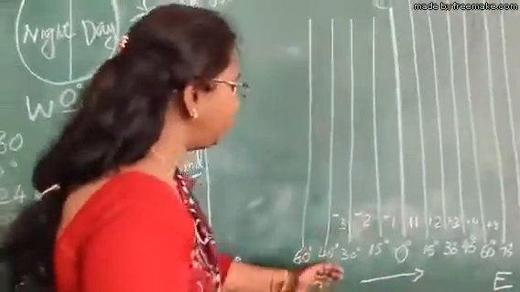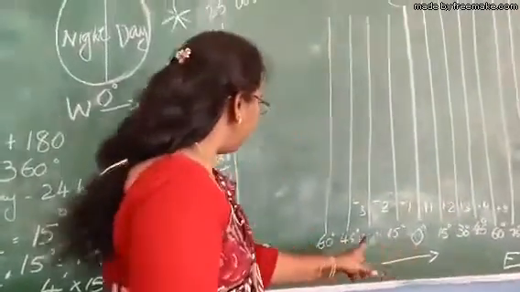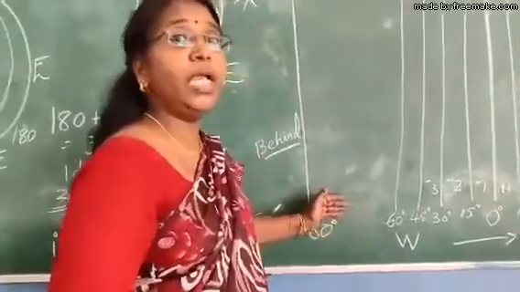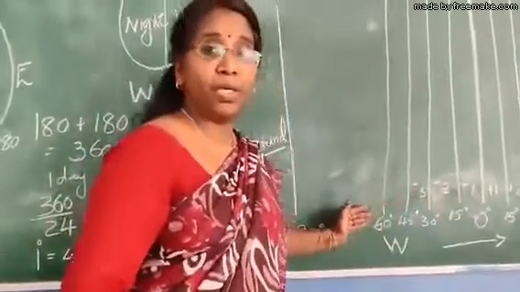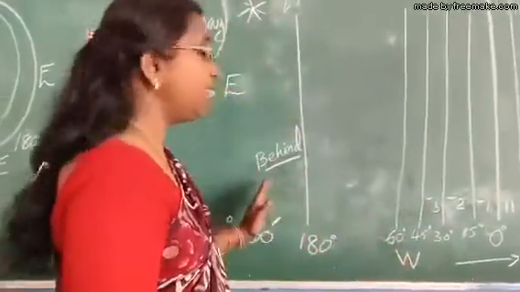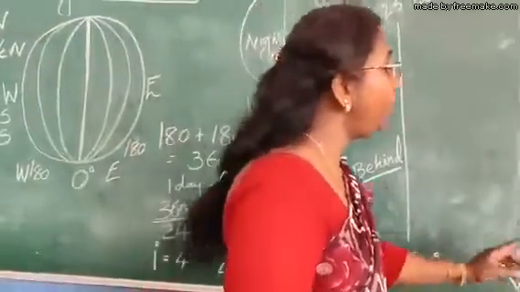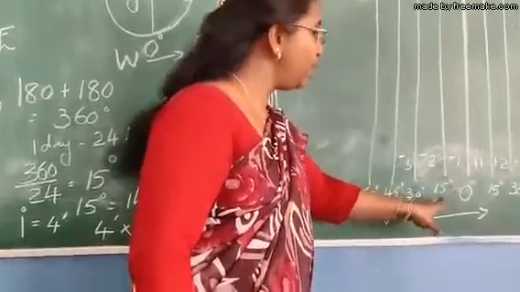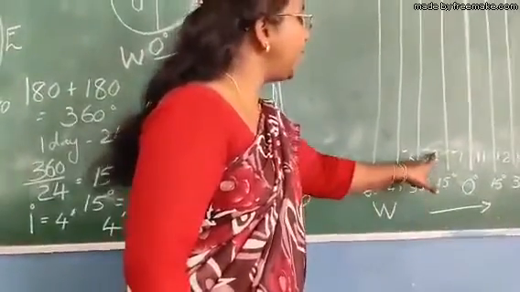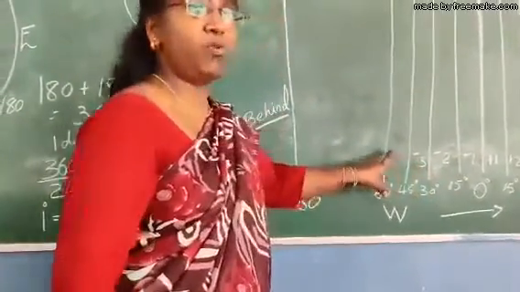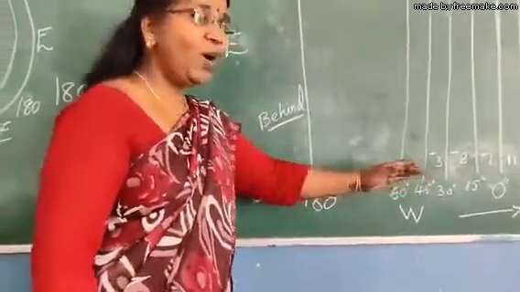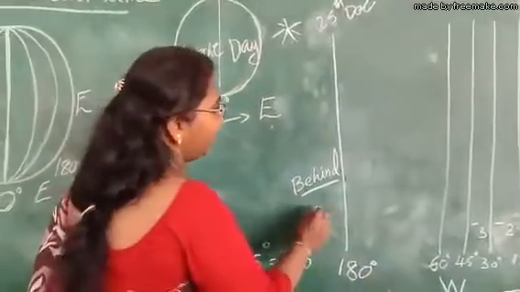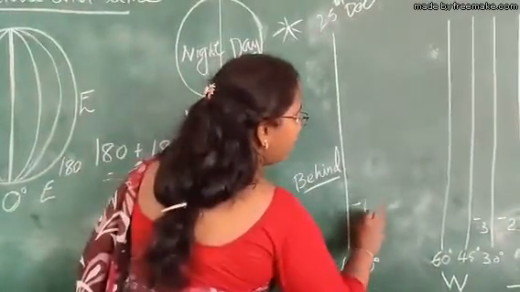Similarly, if you travel from 0 degree to the western hemisphere, what will happen? If you travel westwards, you have to deduct the time. Understood? That is why the western hemisphere time goes behind. So how will you deduct? From 0 degree to 15 degree, minus 1 hour, from 15 degree to 30 degree, minus 2 hours, minus 3 hours, minus 4 hours, minus 5 hours. Accordingly, you need to deduct the time, and finally when you reach here you will have to deduct minus 12 hours.